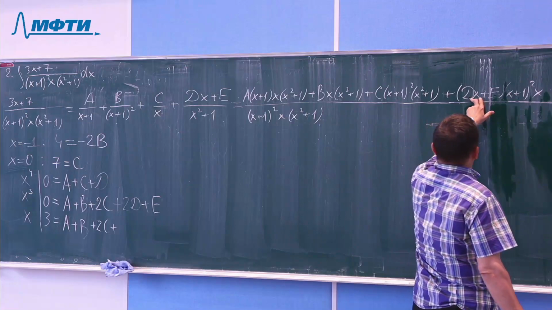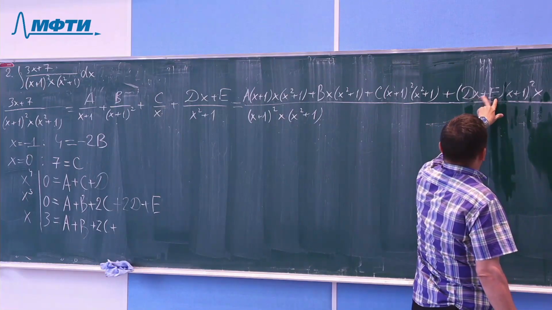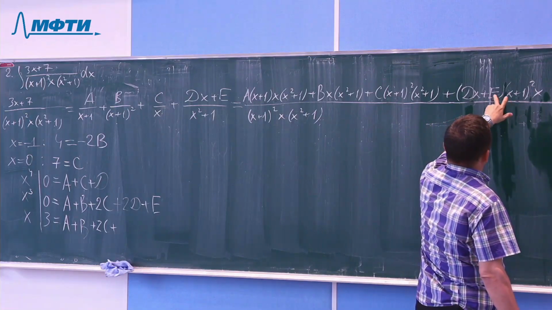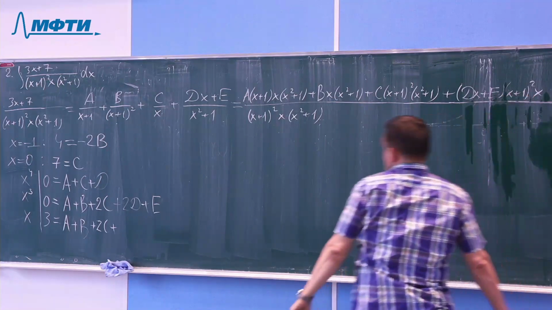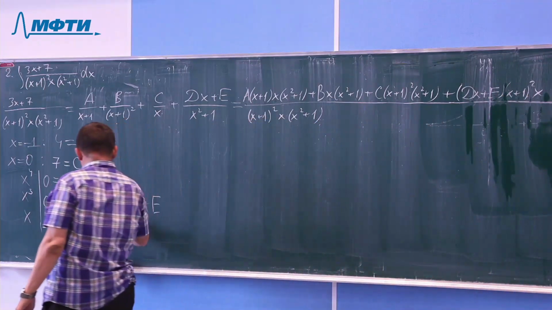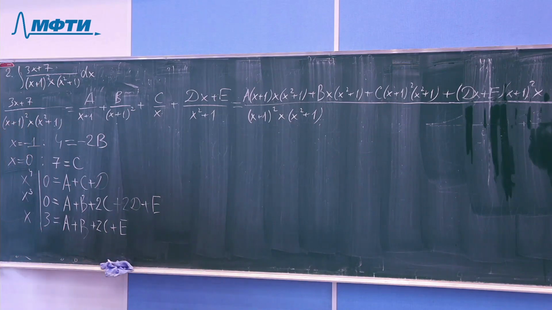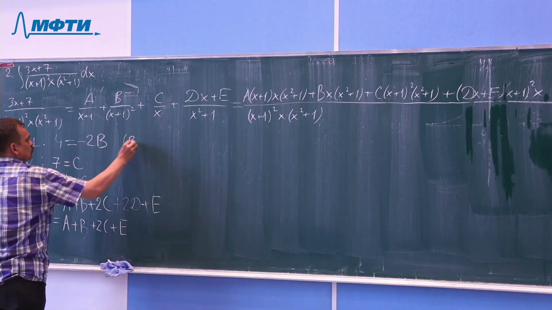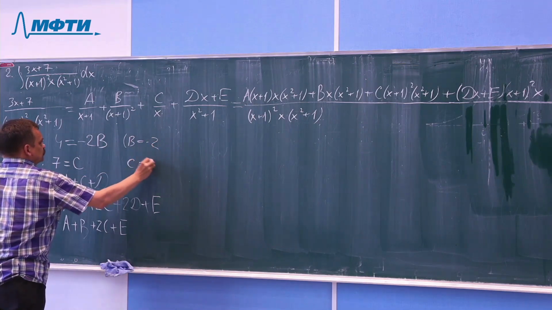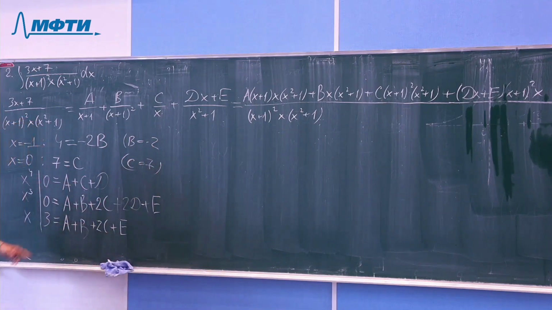And d cannot appear as a coefficient in x, but e times x, so plus e. So let me substitute b and c. b equals minus 2, c equals 7. So what we have,